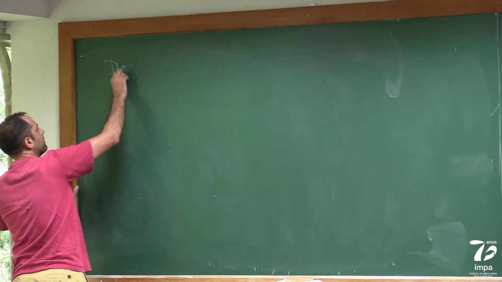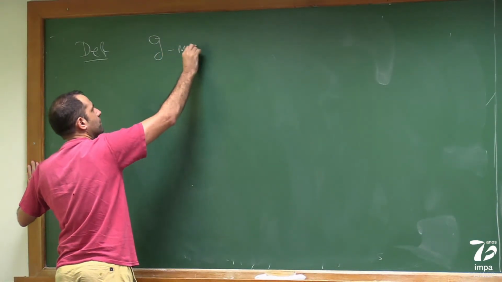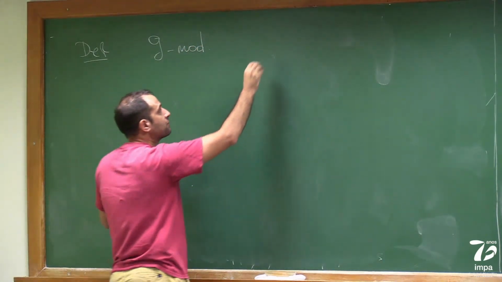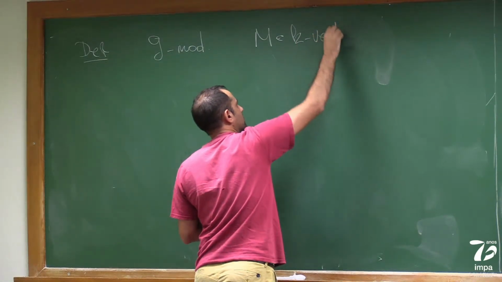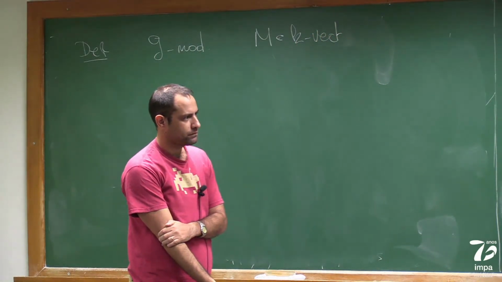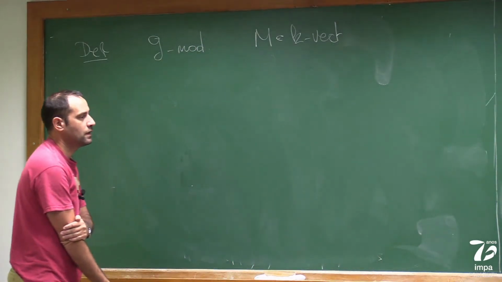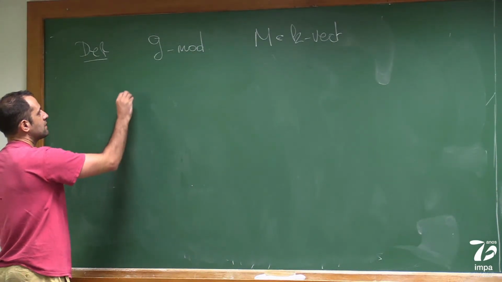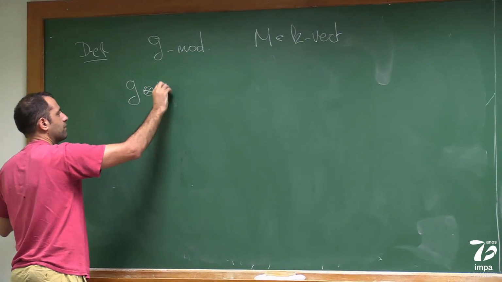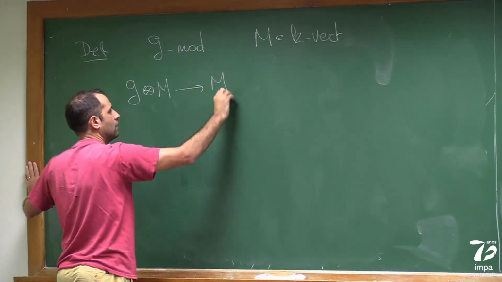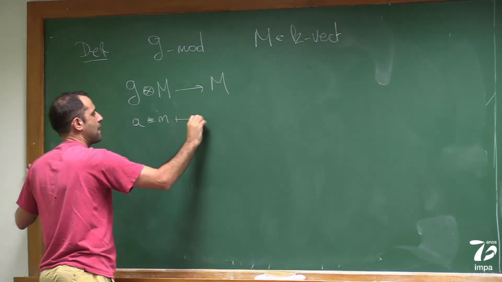So definition: a Lie algebra module, or a G module, is a vector space M with a bilinear map, which is an action, which I'll write as A, M maps to AM,